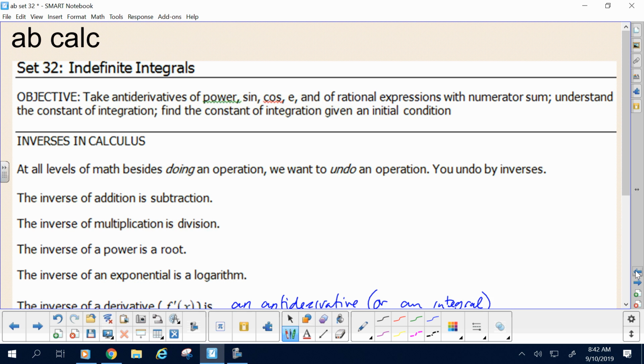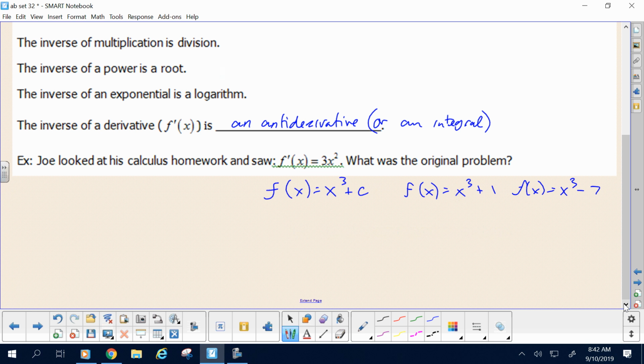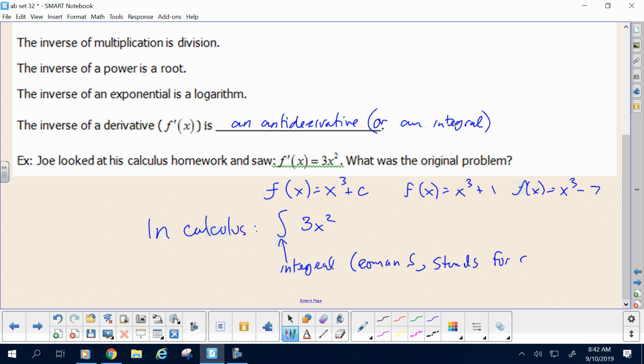Now let's throw in the notation at this. This question then, the question I said, what was the original problem, means in calculus you would write this something like this. This, that's an integral. It is a Roman S, which stands for sum. And why, we'll talk about that when we get to definite integrals. But for now, the integral is like an elongated s. Okay? dx,